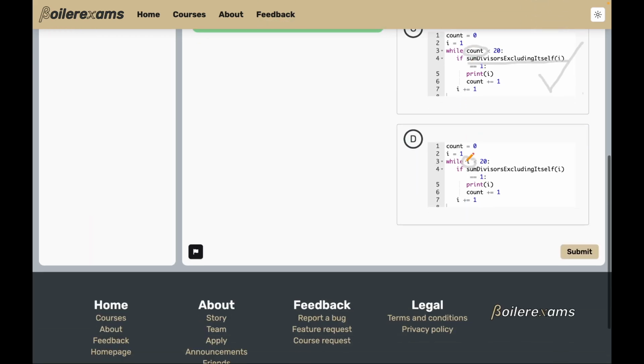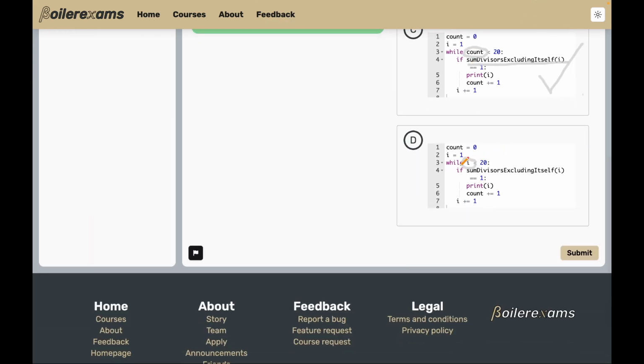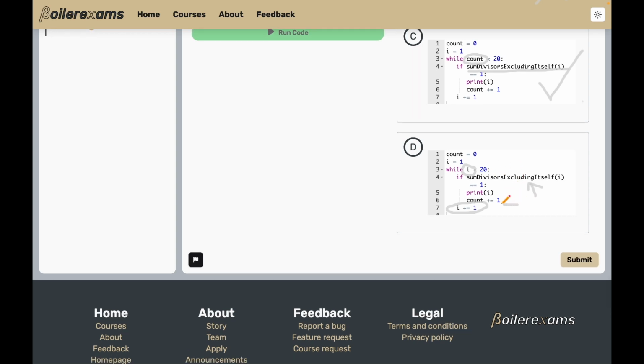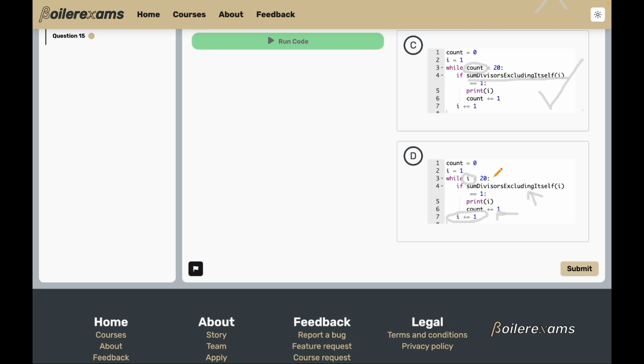So this is just identical to using a for loop, because i increments regardless of whether it meets this criteria or not. So i is just going to go 1, 2, 3, 4, 5, 6, 7, 8, 9, 10, all the way to 20, regardless of whether it meets this conditional or not. So this is just going to print out the first 20 values